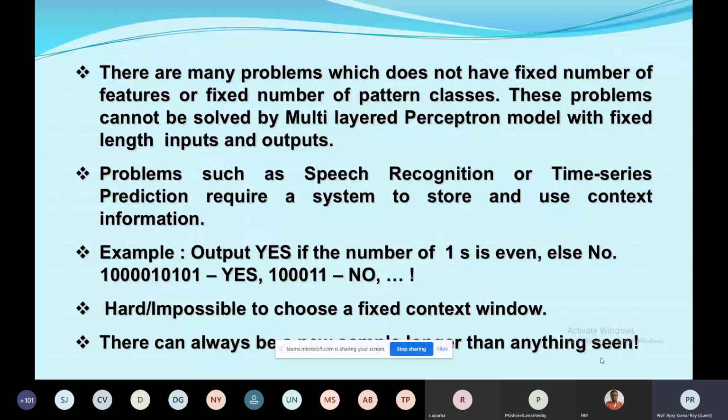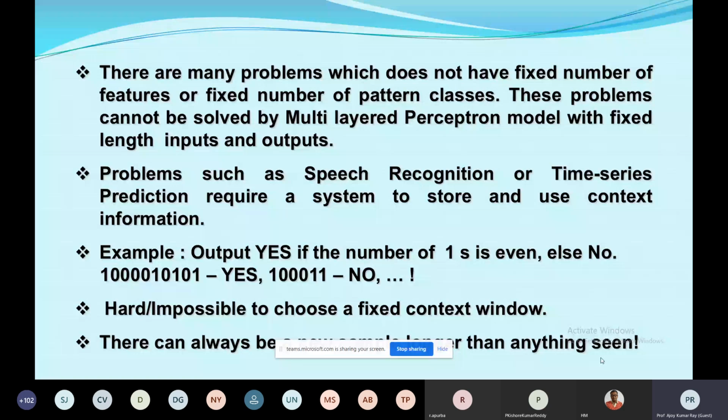The problems in speech recognition. In speech recognition, I have initially started with a specific note, and then, or maybe in music, then immediately the next second I change it. Okay? So these rhythmic changes, these are not fixed. Or maybe in the case of a time series prediction model. So you really do not know, the time series goes one after another. Say the language, or maybe that a string of